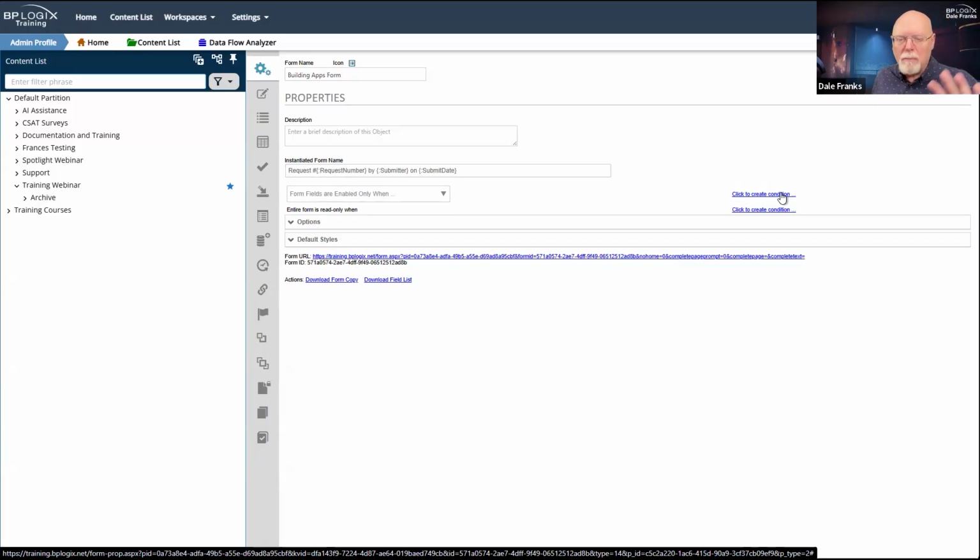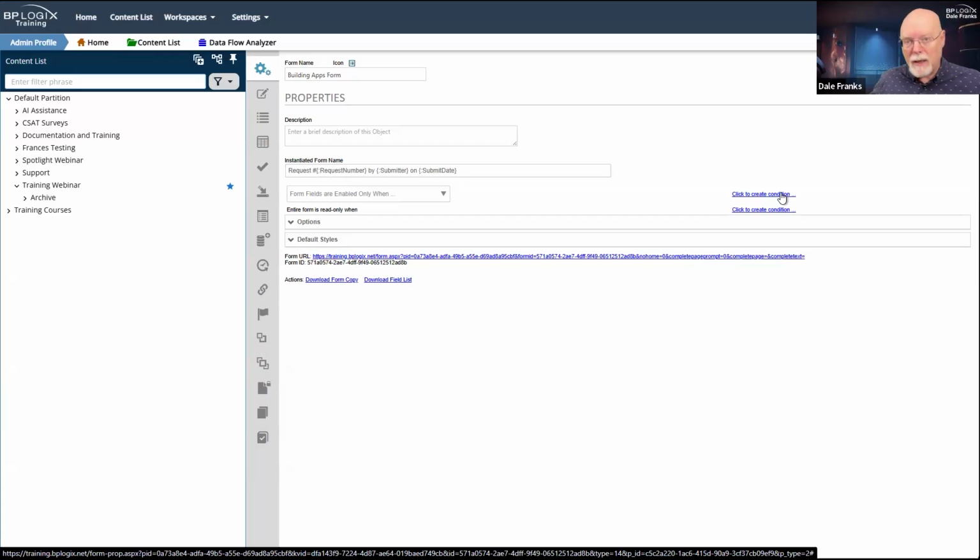So the submitter ideally should see only those form fields that they need to submit their initial request, which means if there are any discussion fields or any approval fields that approvers need to fill out or what have you, they don't need to see those fields. They just need to be able to edit the fields in their request. Once the request is submitted, those fields, and actually none of the other fields on the form, should be editable.